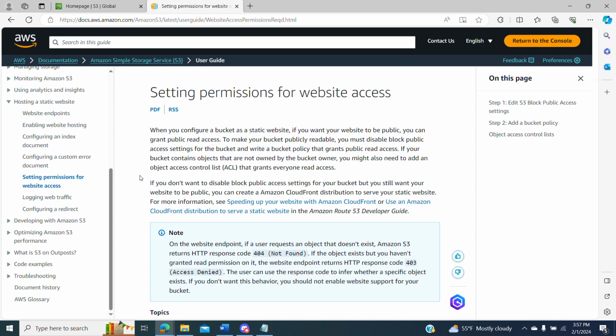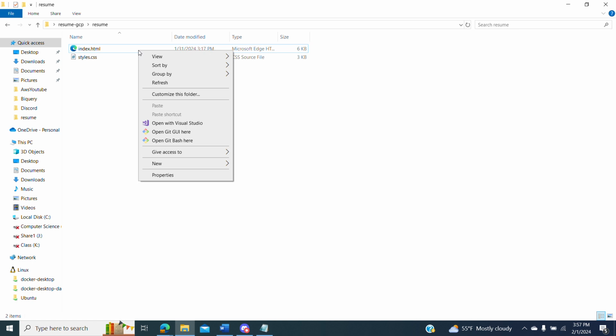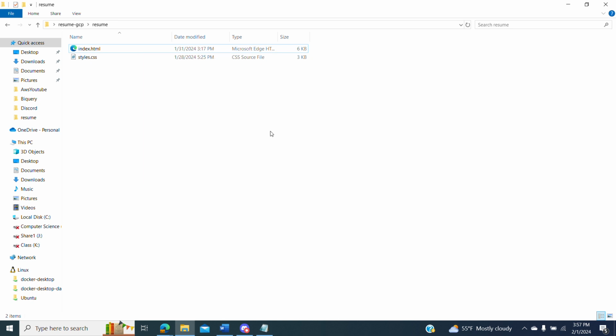bucket. I have prepared some files that are a very simple website written in HTML, and I have used them in the other videos. This is a static website, so there is nothing about PHP or other kinds of websites that might need different kinds of configurations, but we're going to use a simple HTML website that we're going to host in